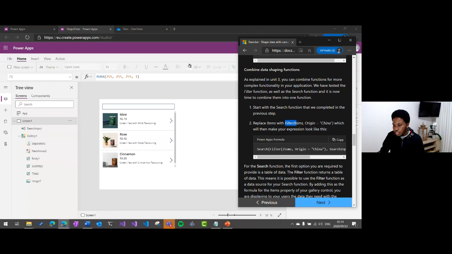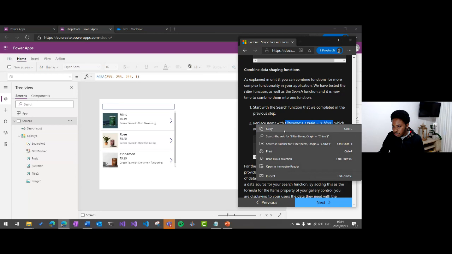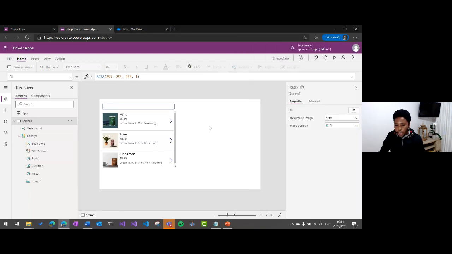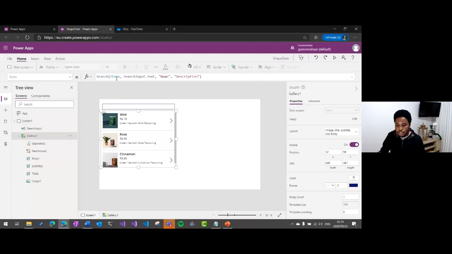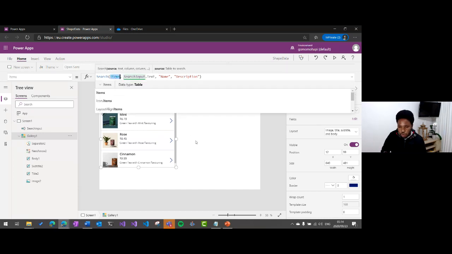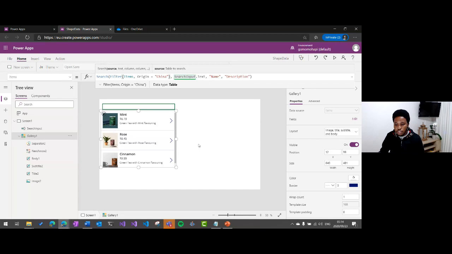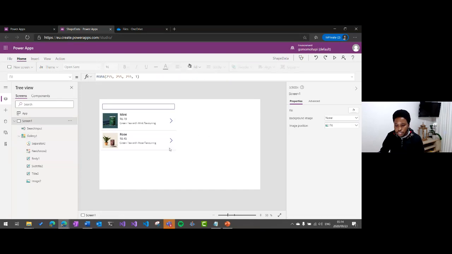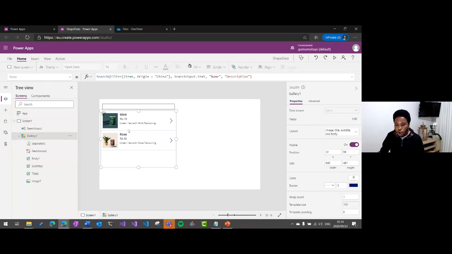Let's copy this filter function that we used earlier on, and we're going to replace the items property in search with that filter function. And now you'll note that only the 2 records that match this condition are brought back,